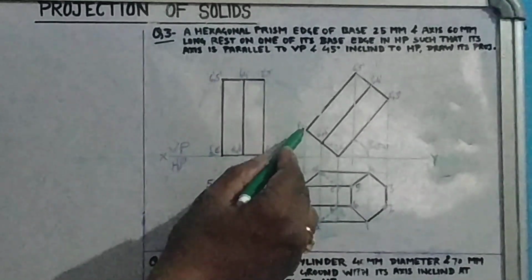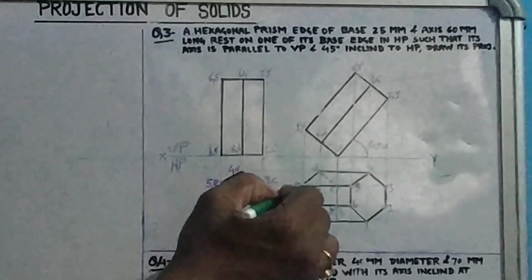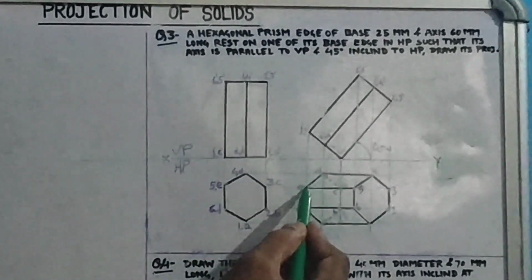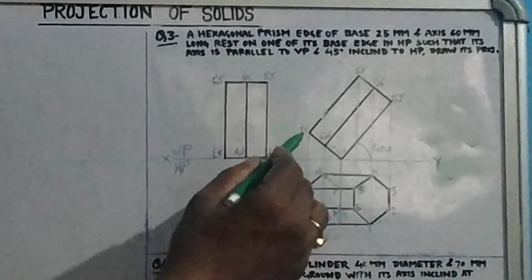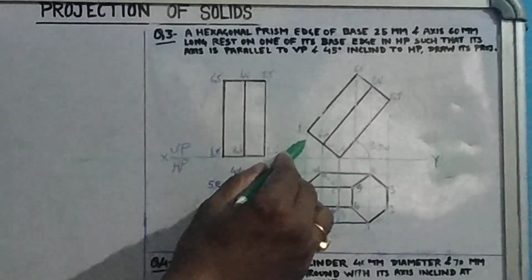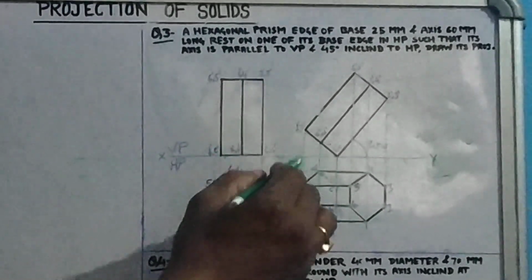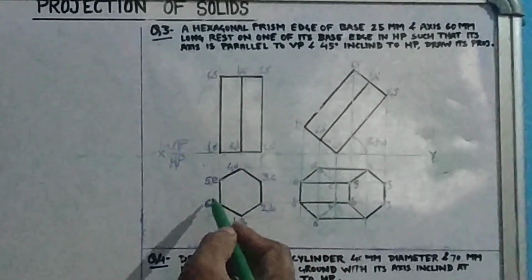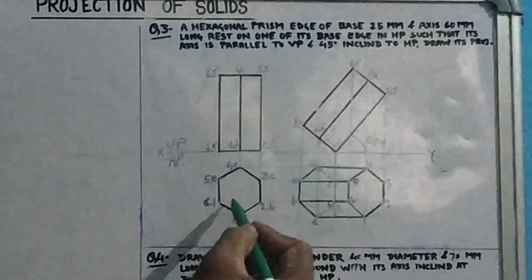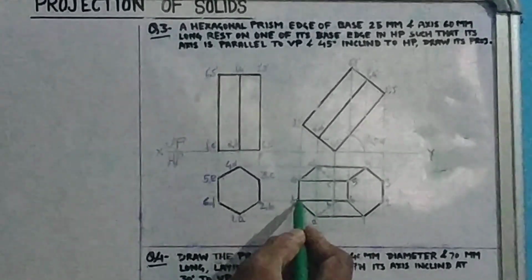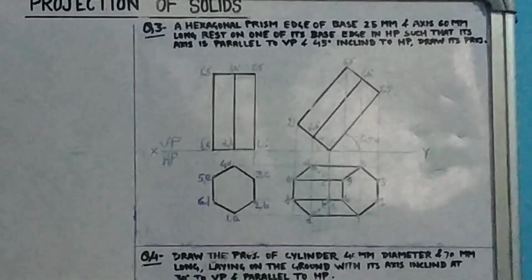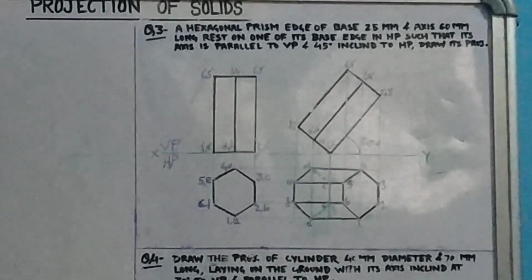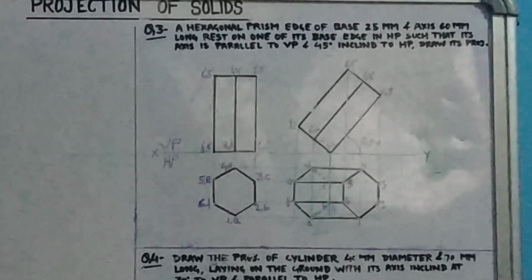Again, this is E's projection line, and here it is written E. This is E's horizontal line. We will find this point E, and again this is also the vertical projection line of point F. This is the vertical line of point F, and this is the horizontal line of point F again. So after getting each and every point, see here,